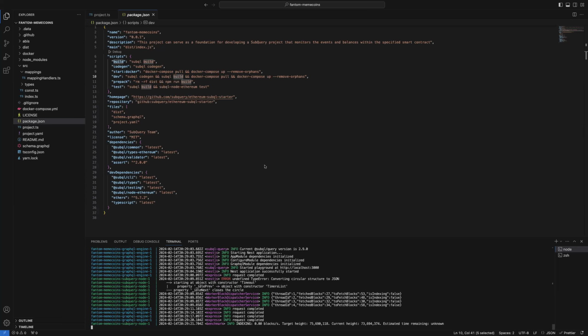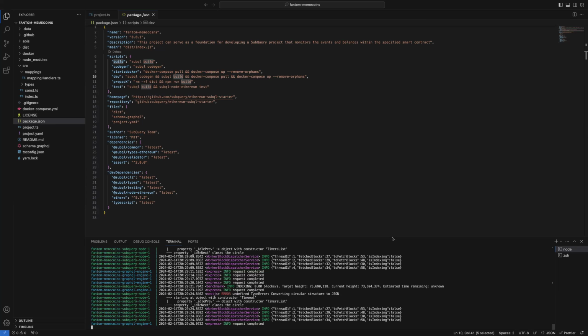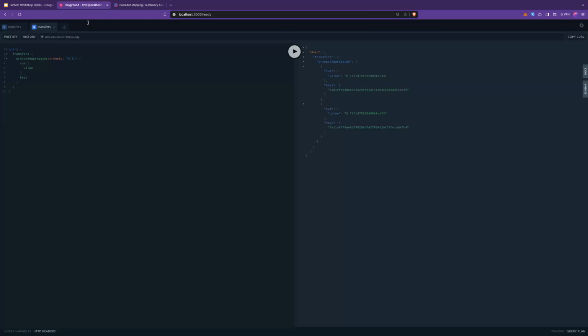I'll be switching to a web browser where I'm supposed to have a GraphQL playground created. So here is the GraphQL playground. If you've been following along, you also should be able to find the same interface under port 3000.